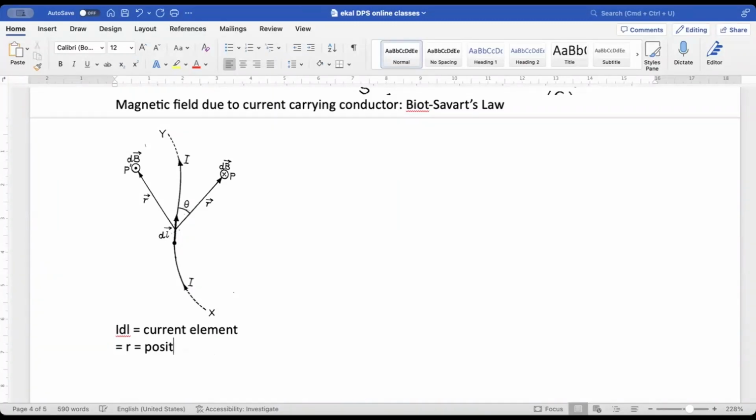Let's say R is the distance of point P from the current element, right? So according to Biot-Savart law,